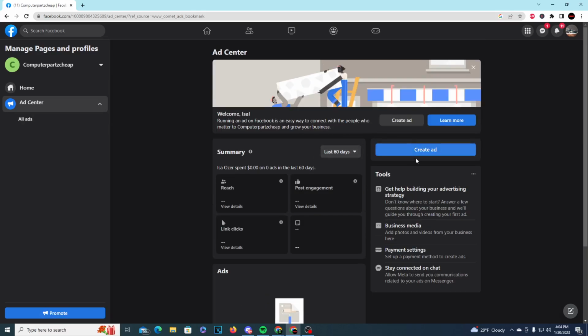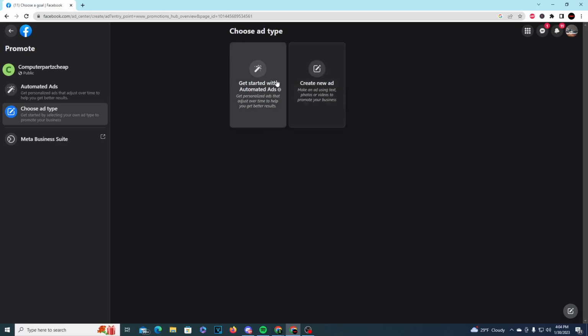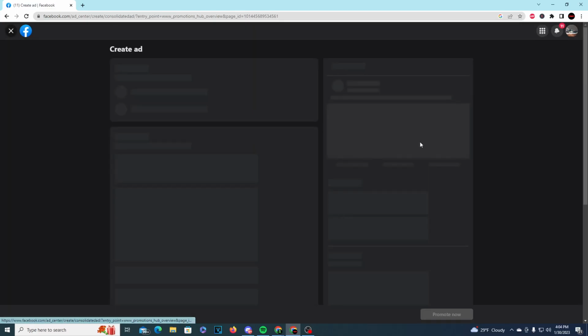Alright, it says create ad. So let's click on create. Then you could do automated ads, so it's personalized and also adjusted, so it markets to people that will buy more. I'll just make a new ad